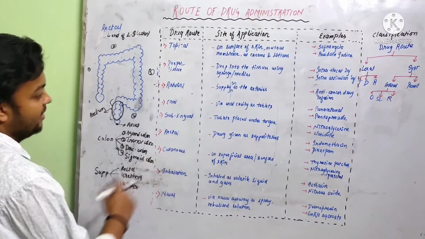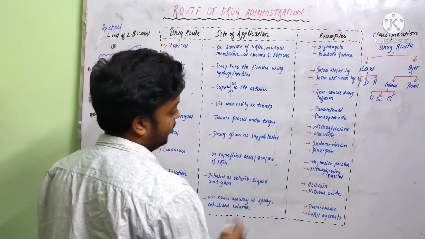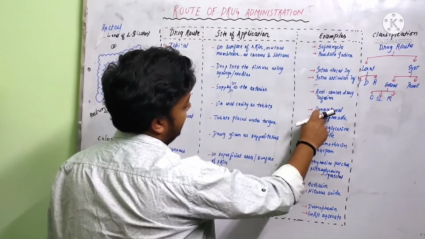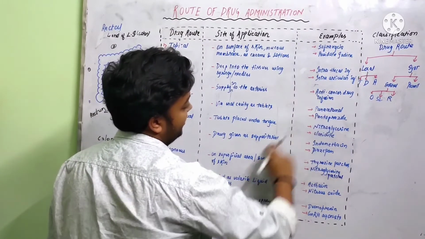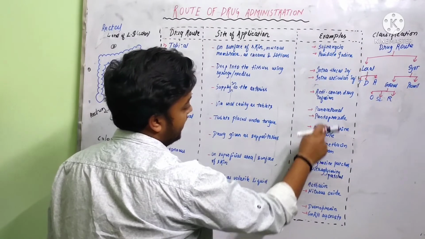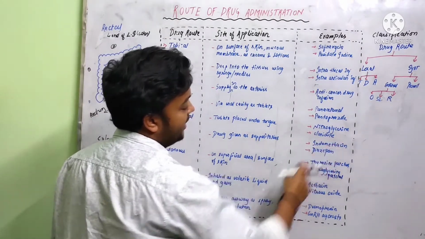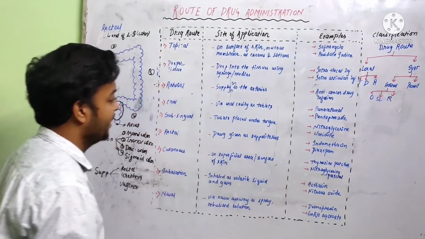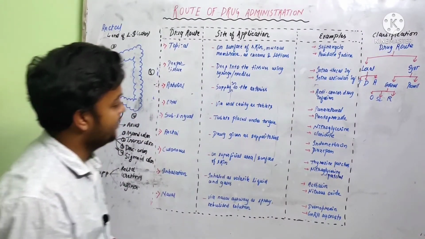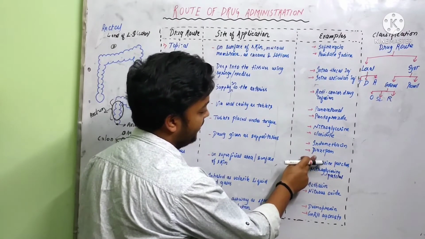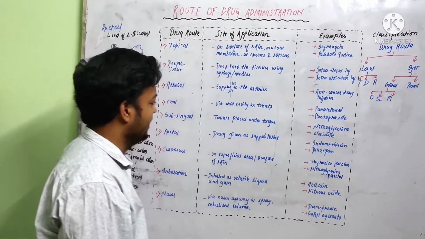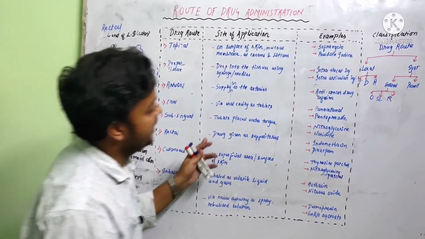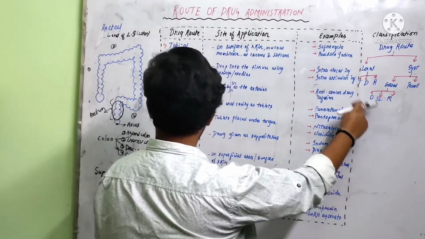Guys, indomethacin is a non-steroidal anti-inflammatory drug. Just like we remember paracetamol, it is antipyretic and analgesic, so it becomes antipyretic, analgesic, and anti-inflammatory also, that is indomethacin. Okay, and next we have diazepam. Guys, diazepam is an antidepressant drug. As simple as that, it's very clear. So rectal is done. Guys, the enteral is completed: oral, sublingual and rectal.